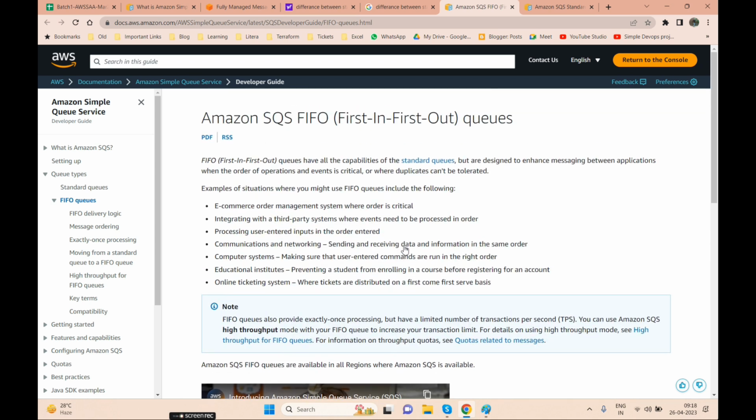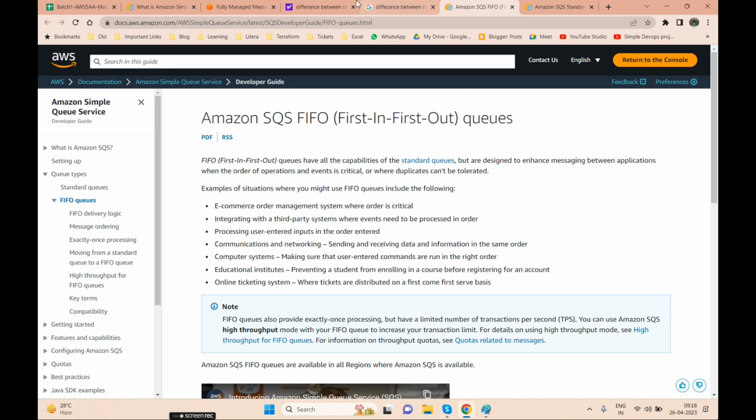The problem with FIFO is first in, first out: the request which comes first is processed first, exactly one processing.